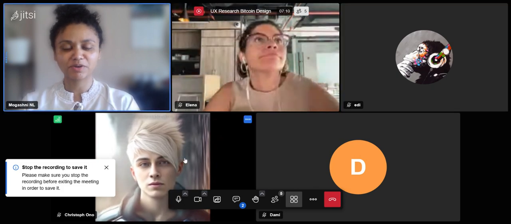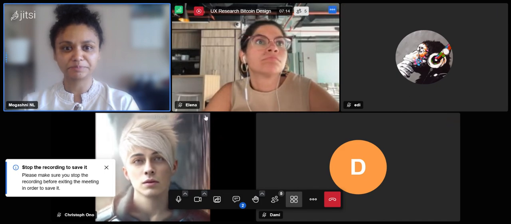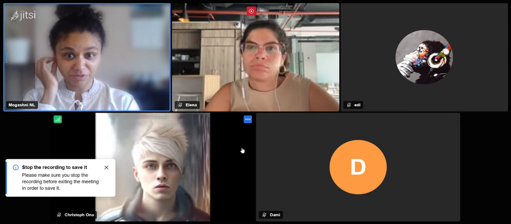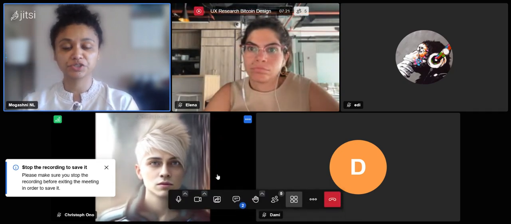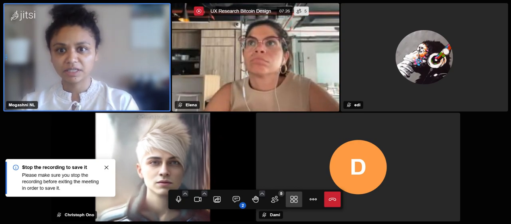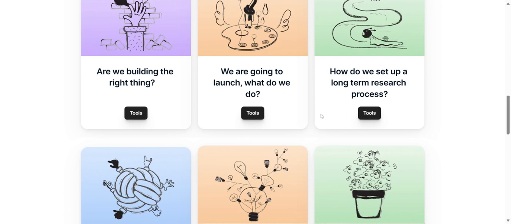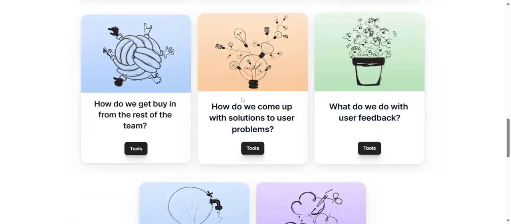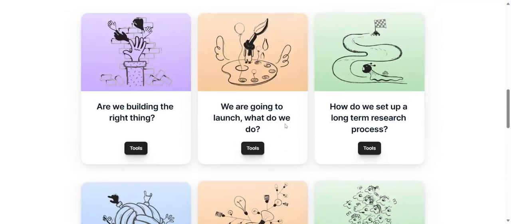And also to give some background, we're battle testing the UX research toolkit on this project as well. So Eddie and I had a little bit of back and forth conversations, and we tried to understand what questions are we trying to answer during this research sprint. And then we came to the UX research toolkit and we looked through all of these questions over here. And then Eddie kind of said, like, okay, I think that we're trying to answer this question. So that's kind of how we decided on which research tools to use.